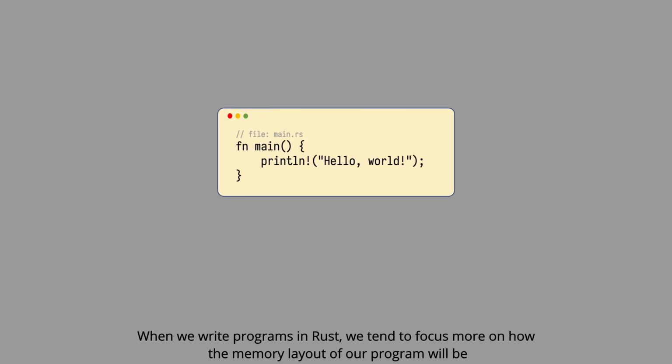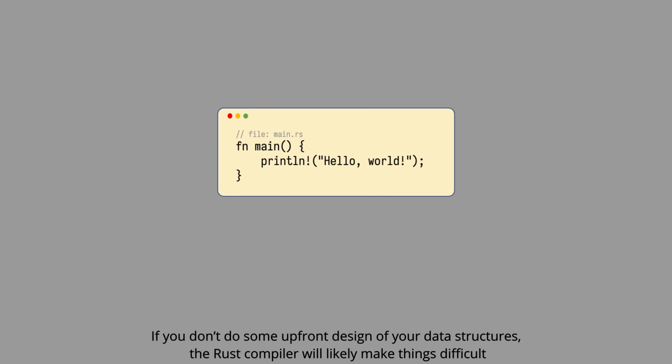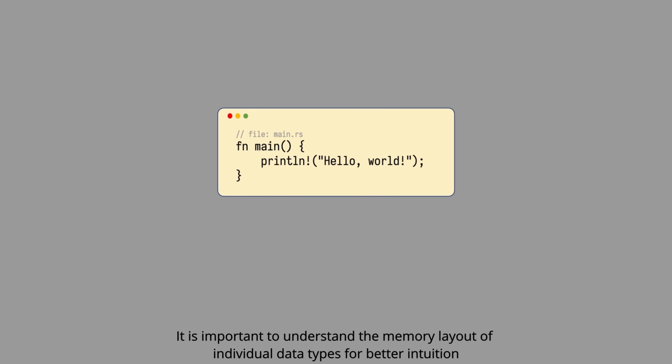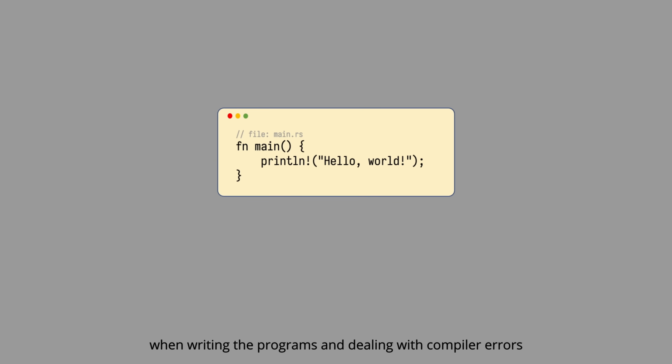When we write programs in Rust, we tend to focus more on how the memory layout of our program will be. If you don't do some upfront design of your data structures, the Rust compiler will likely make things difficult because of its ownership models and lifetimes. It's important to understand the memory layout of individual data types for better intuition when writing the programs and dealing